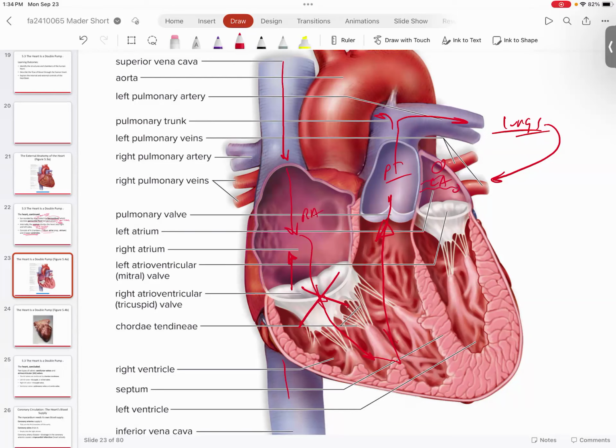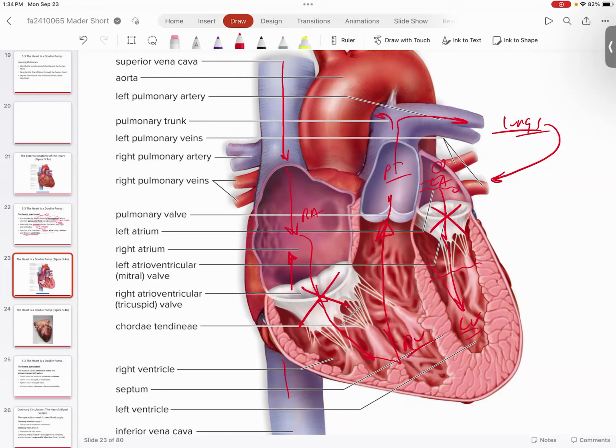By this time, it's time for the atria to contract again. So the left atrium will contract. It'll push the blood forward into the left ventricle, filling the ventricle up with blood. Then the ventricles will have their turn again to contract. And once they contract, they do the same thing. When they push the blood back against the AV valve, it will shut closed, only allowing forward movement of the blood